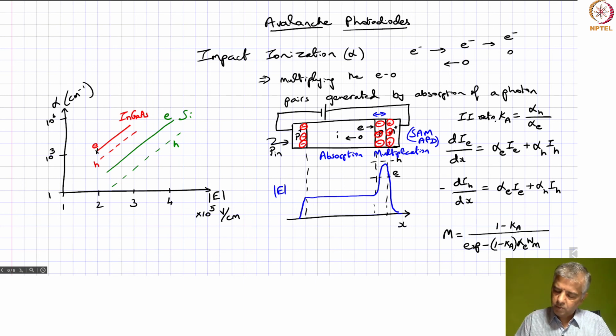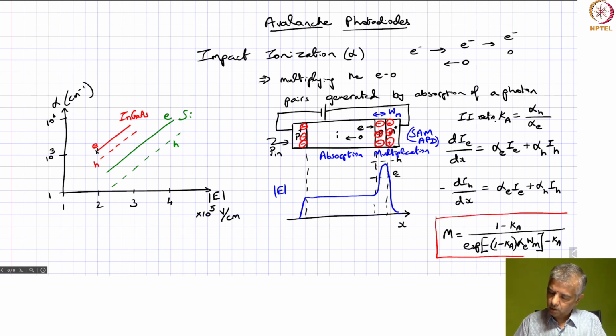I have not defined Wm yet. Wm corresponds to the width of this multiplication region. So this is my Wm. So that is the expression for the multiplicative gain, which